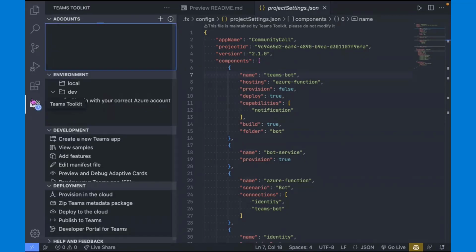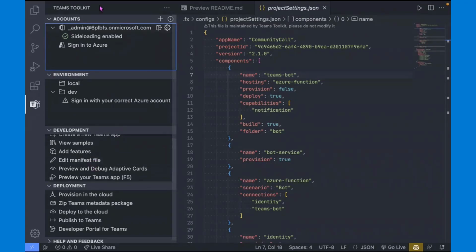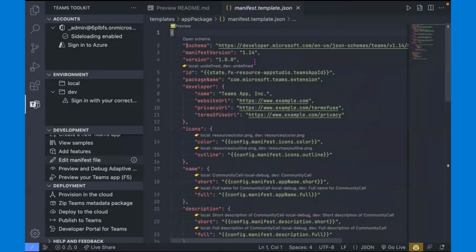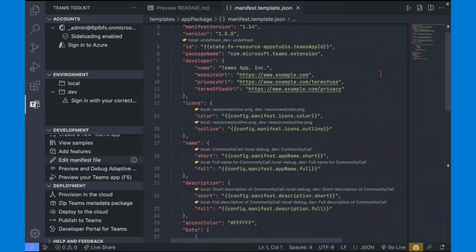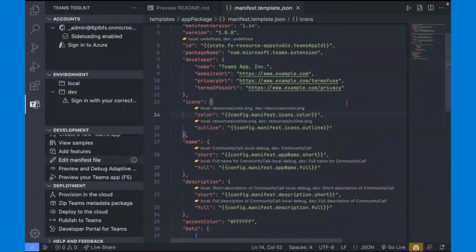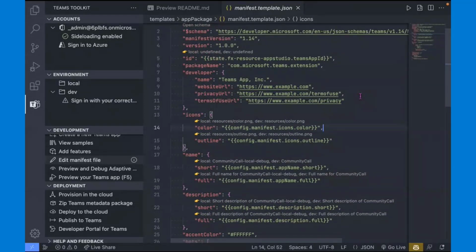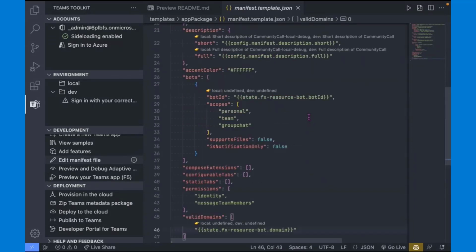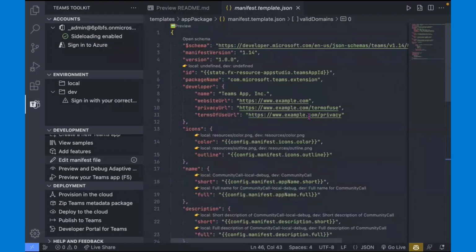There is a nice little feature. If we open the Teams Toolkit side panel, you can see that we've got lots of different options in here. We've got an edit manifest file option. So if you don't know which file you need to look for to do the updates, click that button. It opens up the manifest, and we can see in here that we've got a Teams app manifest with placeholder values that get injected in when we actually run our app. And the Toolkit handles all of that complexity for us, like the valid domains, which will change as we are running the bot through development. So that's how you can get to your manifest.